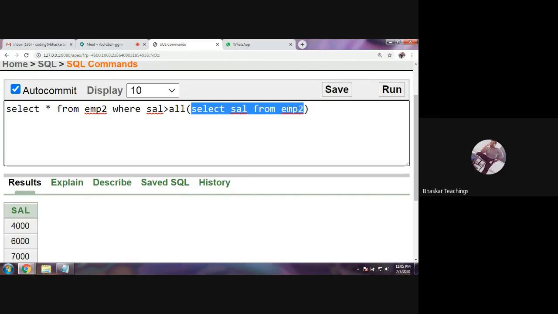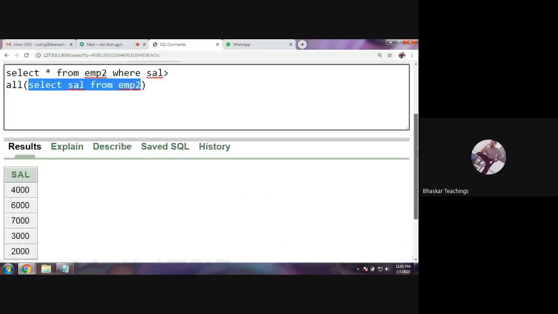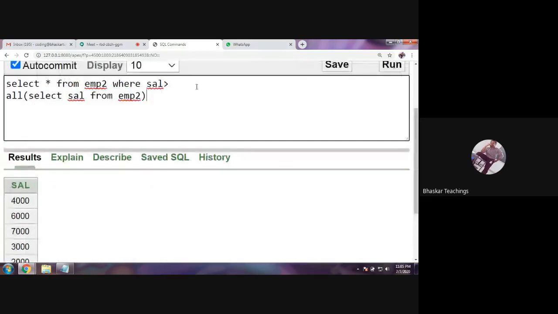So let me explain it clearly. Watch it carefully. I just want to display the employee details whose salary is greater than all the salaries of the inner query. The inner query is retrieving the salaries from EMP2, and the outer query is also applied on EMP2, but it says display the employee details whose salary is greater than all these salaries.